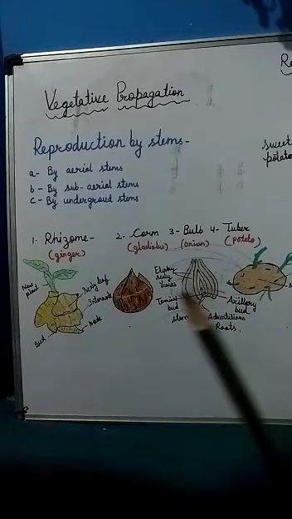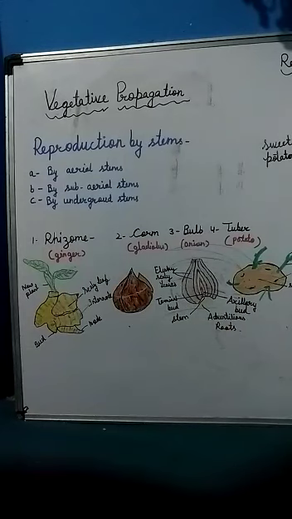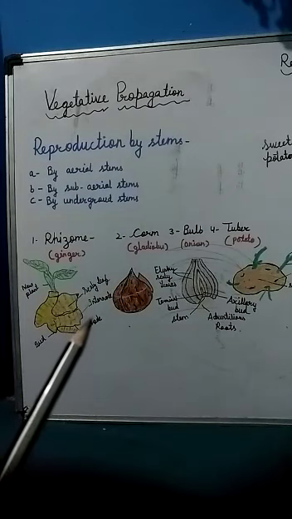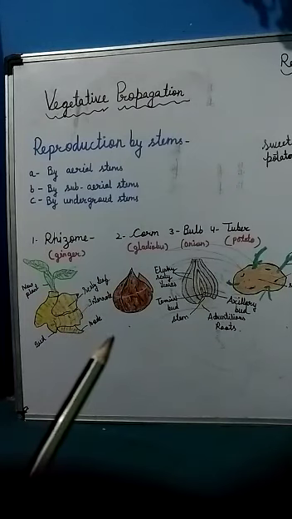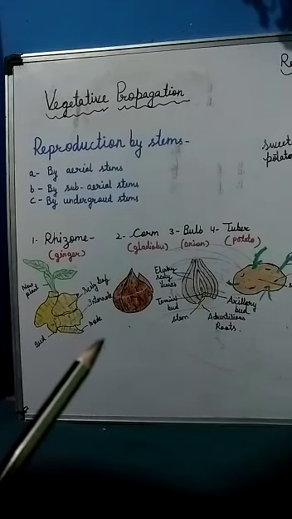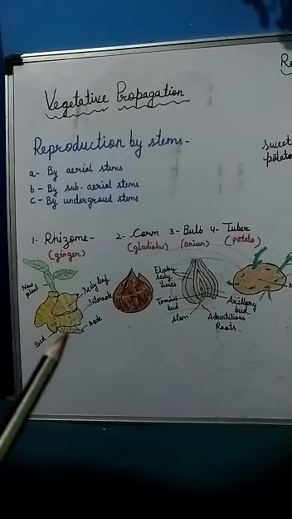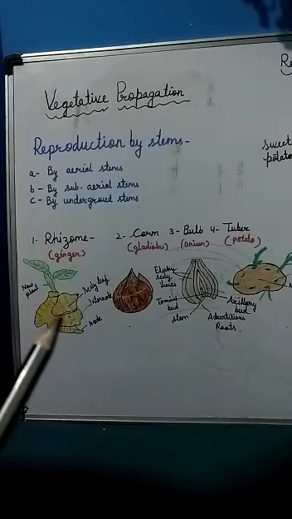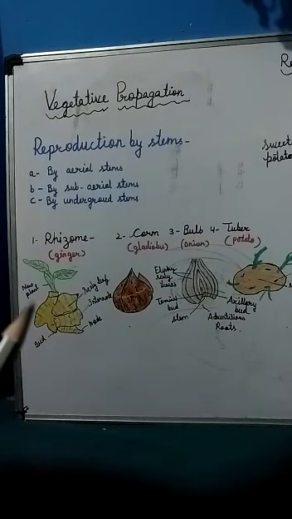Now one by one I am telling you about these modifications. So this is the rhizome, and it grows horizontally below the soil, and it contains nodes and internodes. And at the nodes, scale leaves are present. It produces adventitious roots from the ventral side, and it produces aerial branches as well as reproductive organs from the dorsal side. Axillary buds develop into branches, and these branches store food material as well as maintain horizontal growth of the rhizome.